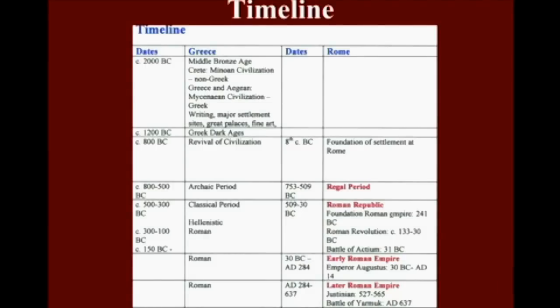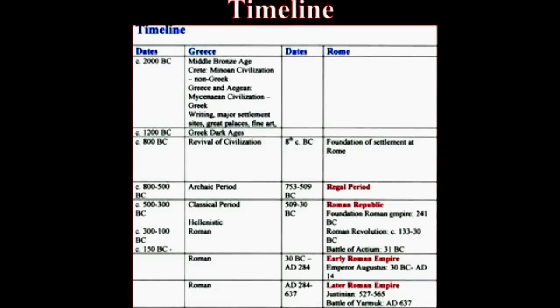Just to put that in a context of where that fits with Greek history, here's a little table to illustrate what's happening in the Greek and Roman worlds with the dates down the middle. So Greece, the Middle Bronze Age, and the palace civilizations of the Minoans and the Mycenaeans in Greece, the beginning of writing and so on, the Greek Dark Ages, and then you get the revival of civilization in the Greek world soon after 800 BC, and it's at this point that the foundation of the settlement of Rome